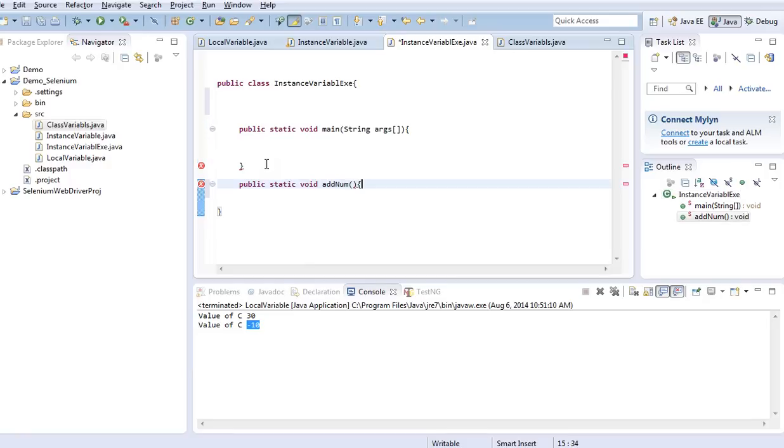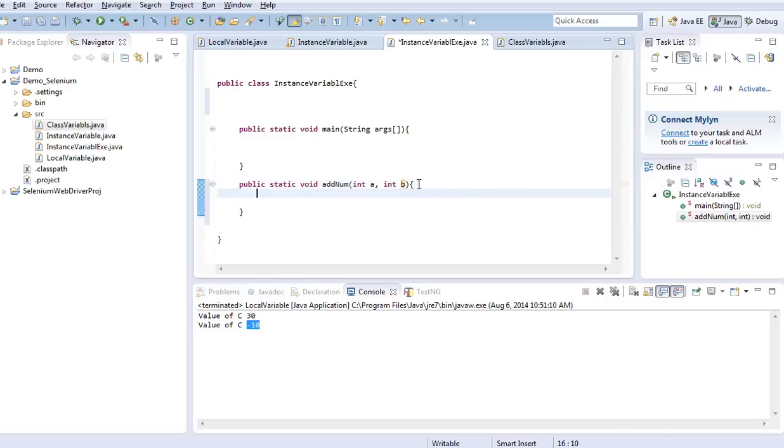Here I will define some arguments. How to define? If we want to pass int data type variables, then use int a, int b. So here I can pass two integers as arguments.